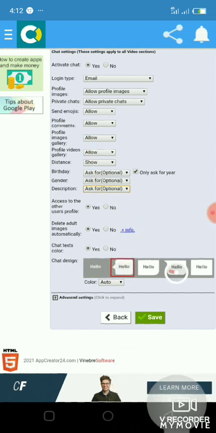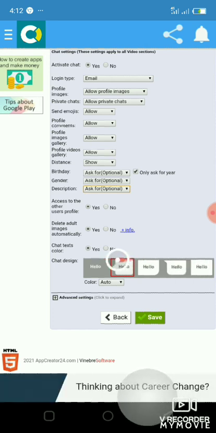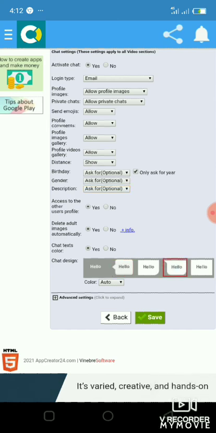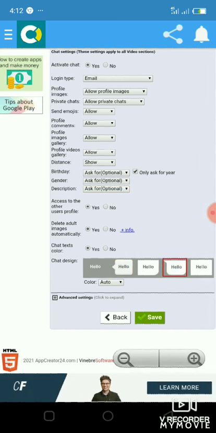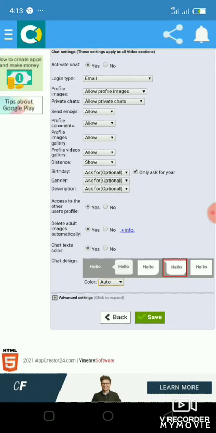You can see how WhatsApp, I think this is one WhatsApp is using. So you can select the format to use here, how it will be appearing on the chat box. So I will use this particular one. So you see it will highlight it red. So color, I can choose the color either automatic or custom. Let me leave it automatic, it's better. Then I will save. Okay.